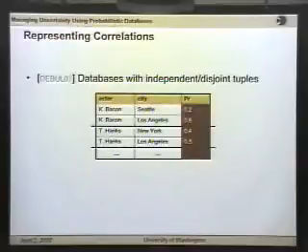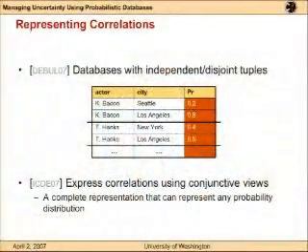This representation comes very naturally with inconsistent databases, where you have two contradictory facts, and you don't know which one of them is true, and you want to store them as exclusive events in your database. And we have techniques to evaluate queries, and we have safe plan algorithms for this representation.